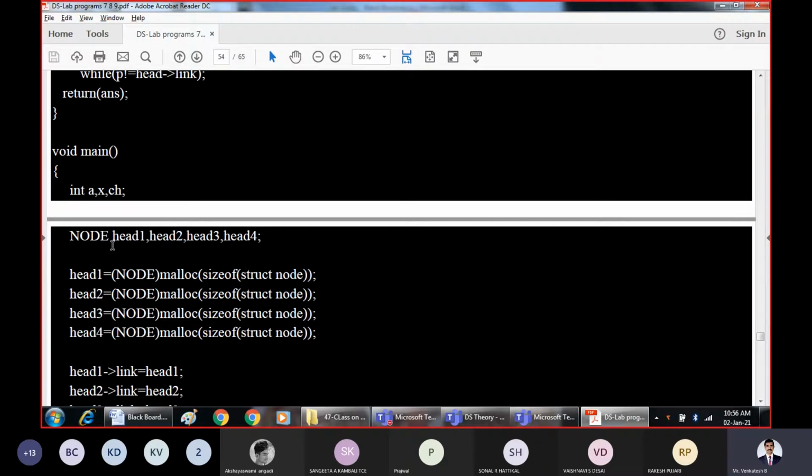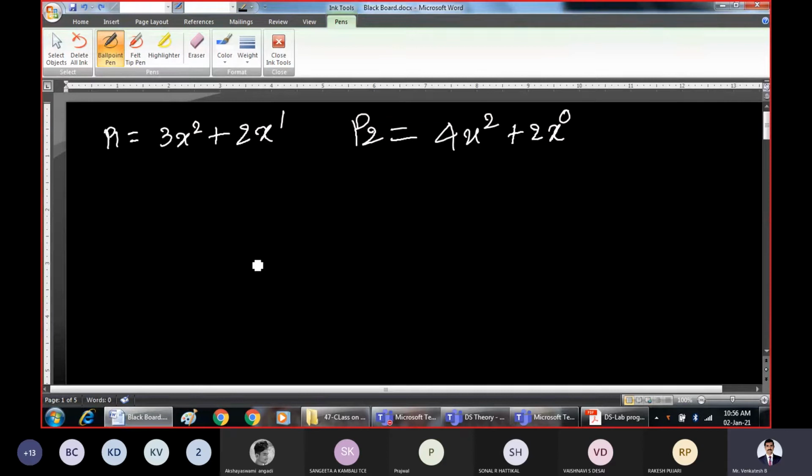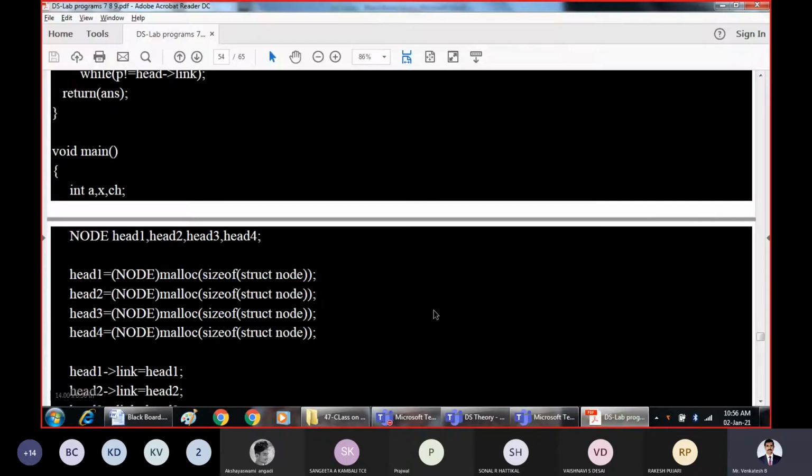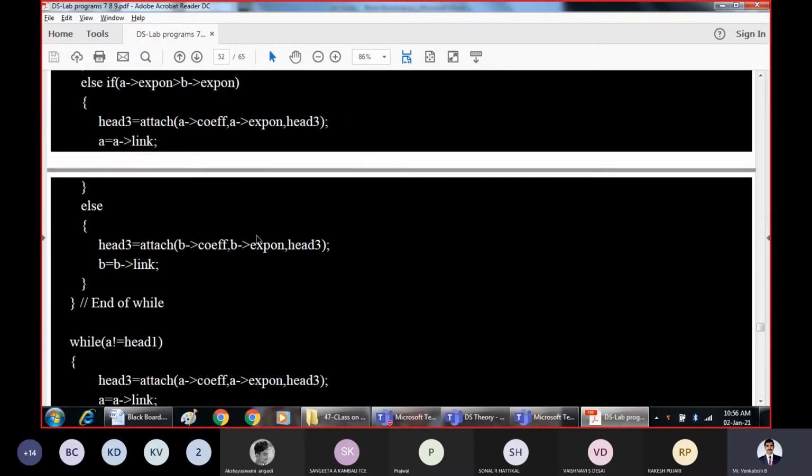As we are implementing polynomial with header nodes, declare these header nodes: head 1, head 2, head 3, head 4. And for every header node, we are going to allocate memory. Just for our understanding, I will write it as header node here, head 1. What does every node consist of? Let us see the structure definition first.